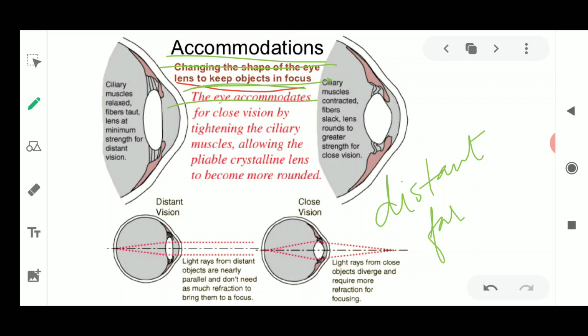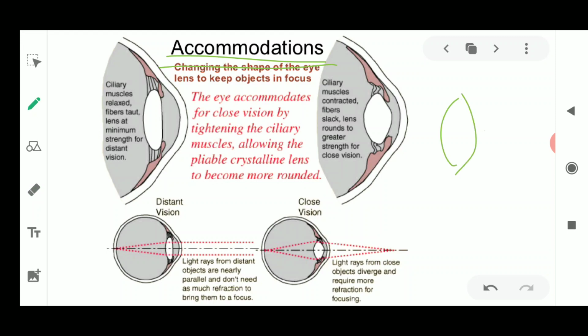Now the eye can focus on objects lying at various distances, and this is very clear. An eye can focus the image of a distant object as well as a nearby object on its retina by changing the focal length or the converging power of the lens. Now, why are we talking about the converging power? Because the shape of the eye lens is always convex.